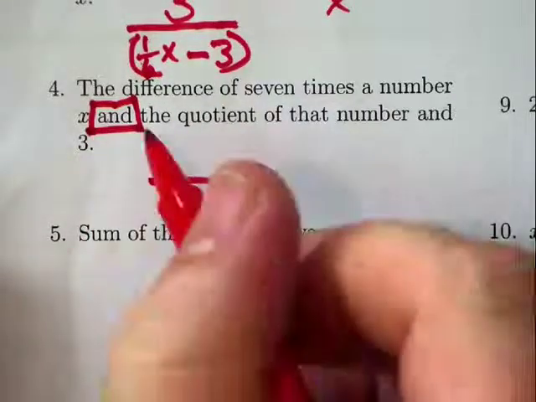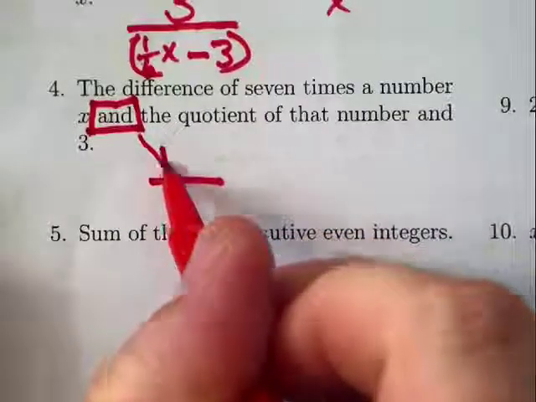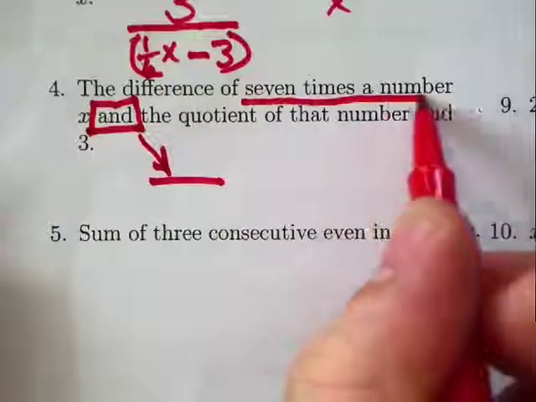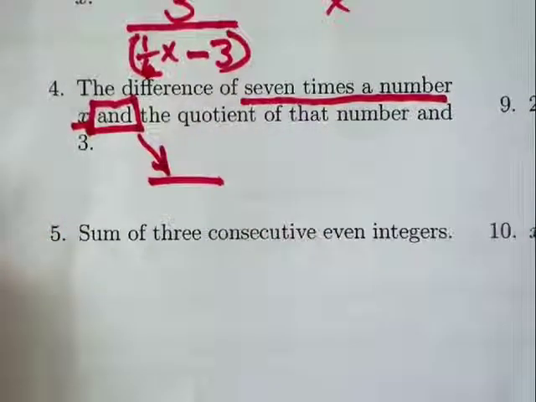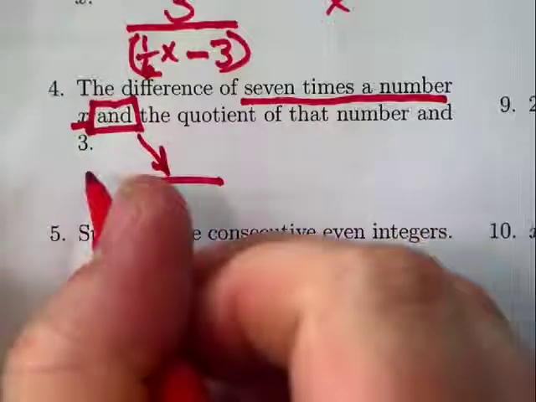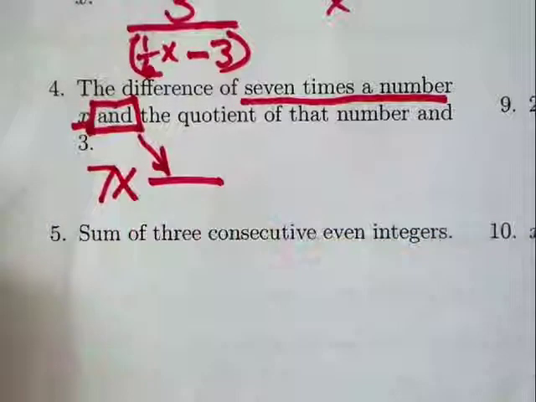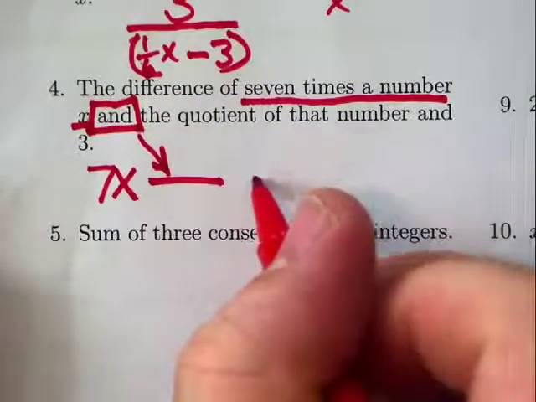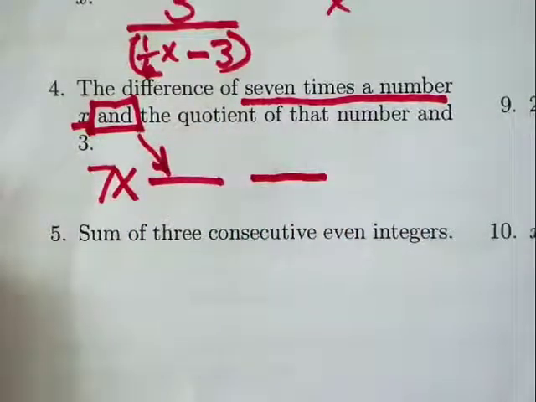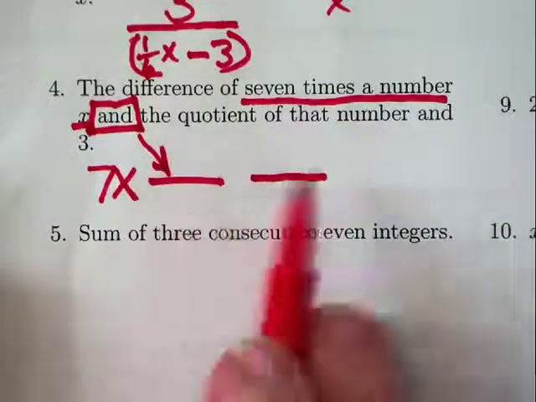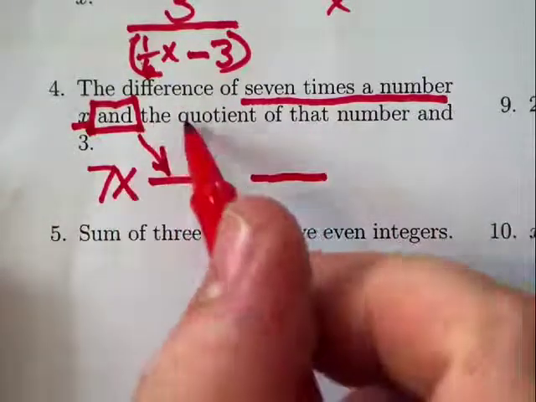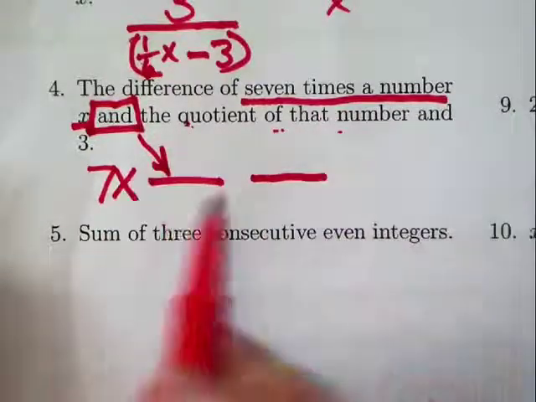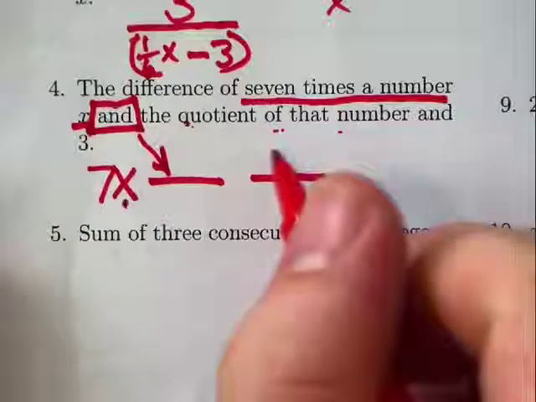so that's right here. Okay, that's the minus sign. So everything before it, 7 times a number x. Well, what's 7 times the number x? That's just 7x. And the quotient. So we got another fraction here. So now we're in the second half. We're done with the first. The quotient of that number, and by that number it refers to the x,